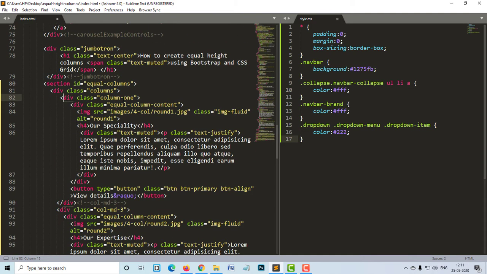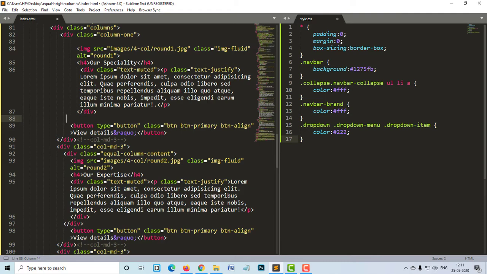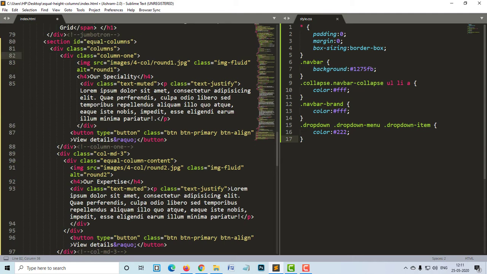So this is column 1. Inside this, the equal column content div is not required, so I will remove it, and this will be column 1.